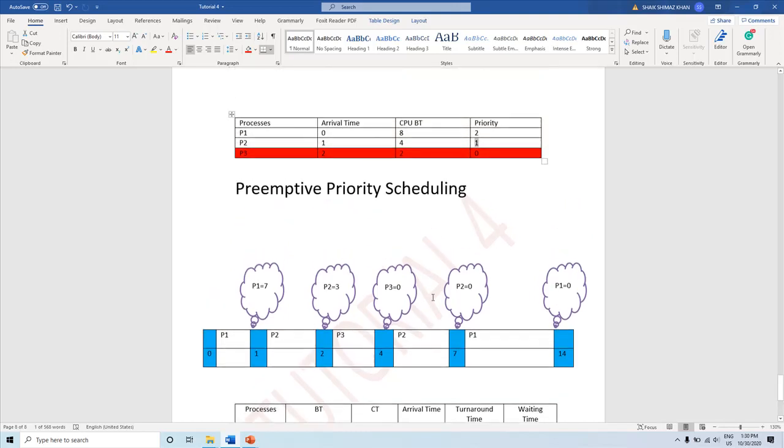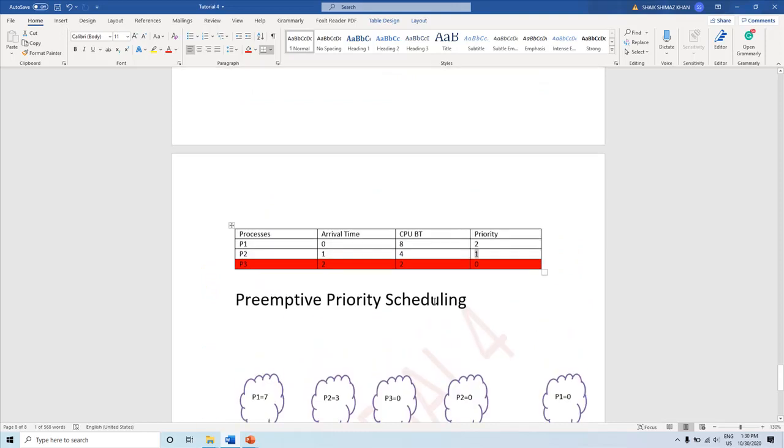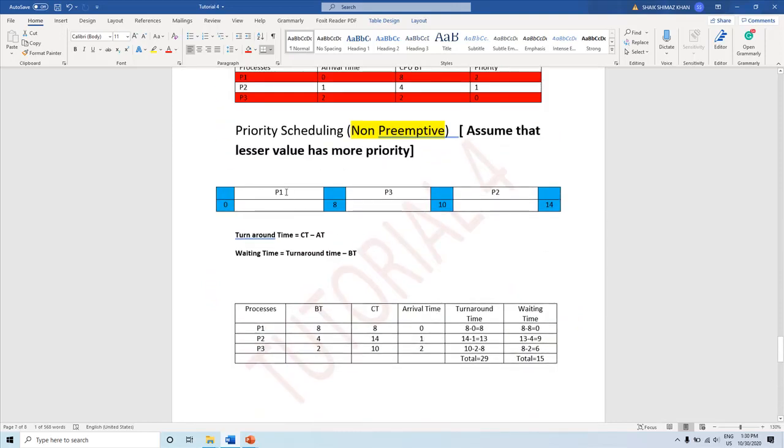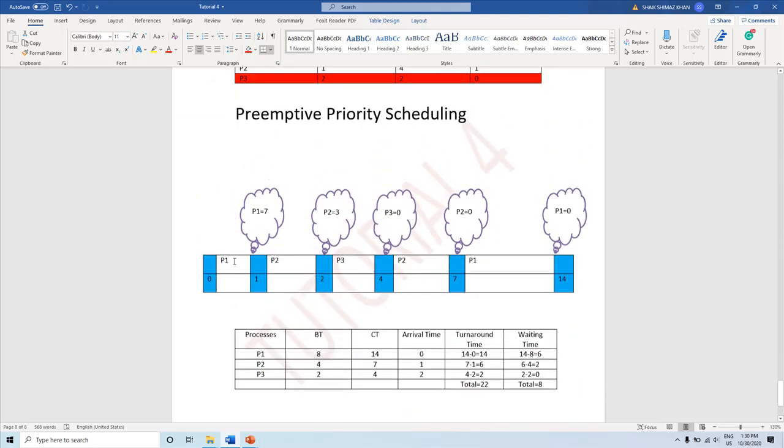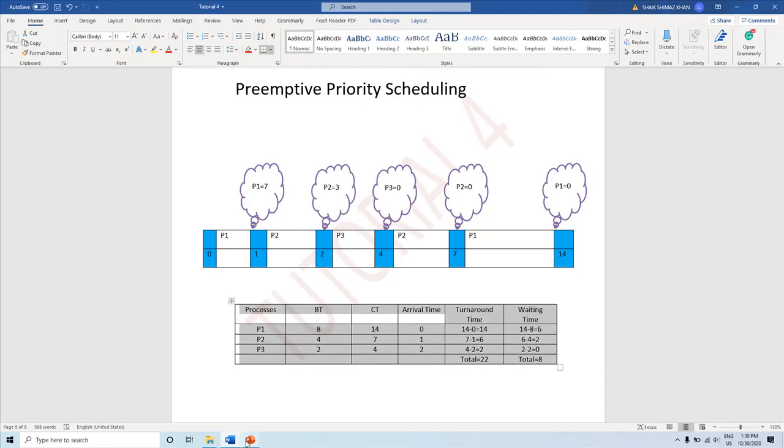So this is a comparison between preemptive priority scheduling and non-preemptive priority scheduling. You can see they are not preempted. The process is not removed from the CPU. However, in the preemptive, what happens? P1 is removed from the CPU when P2 comes with a higher priority, and P2 is removed from the CPU when P3 comes with a higher priority. Okay, they go back to the ready queue. So again, you know how to do these calculations. Okay, already we have discussed this. So this is what I want to tell about the